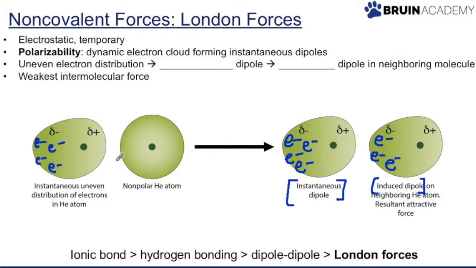So to sum it up, when you have an uneven electron distribution, this leads to an instantaneous dipole. I'm just going to abbreviate that here. Instantaneous dipole, which is this uneven distribution of electrons, and this leads to an induced dipole in a neighboring molecule, and then you have this interaction here between these